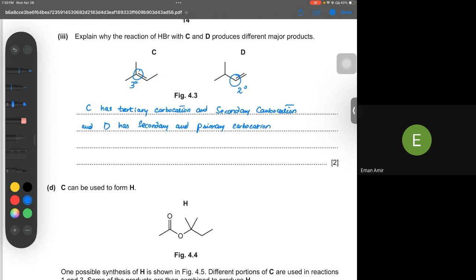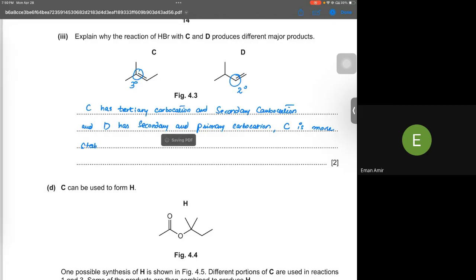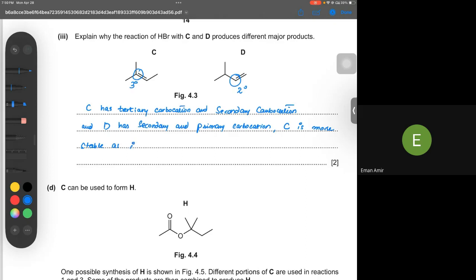So C is more stable as it has tertiary carbocation, or I'm supposed to write C has tertiary carbocation, okay,